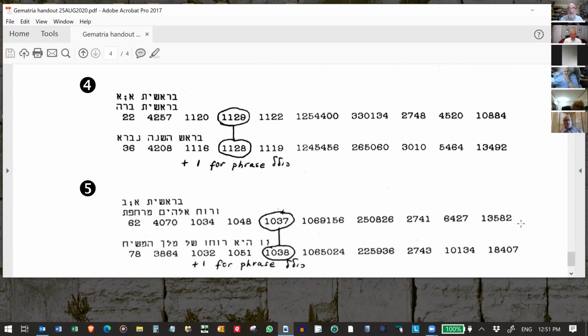There's some additional words. So yes, you could remove the word "he" and the word "melech" and get the idea that Ruach Elokim Merachefes is referring to the Mashiach, but it doesn't add up. But it adds up if you look at the one edition that I had at the time, and as I say, it's more prevalent now. "Zohi Rucho Shel Melech HaMashiach." This is the Ruach of the Melech HaMashiach. Okay. That takes care of that.